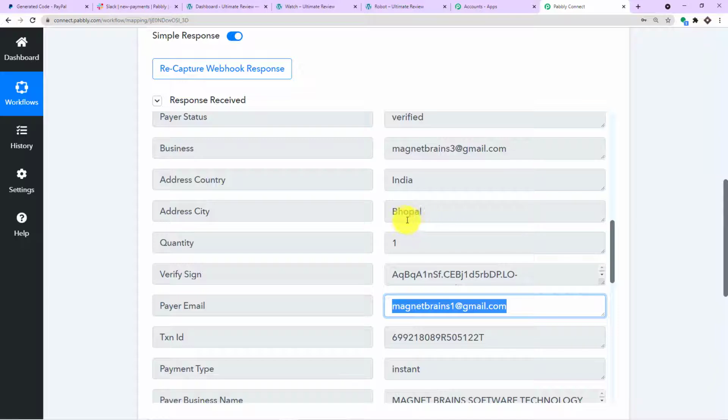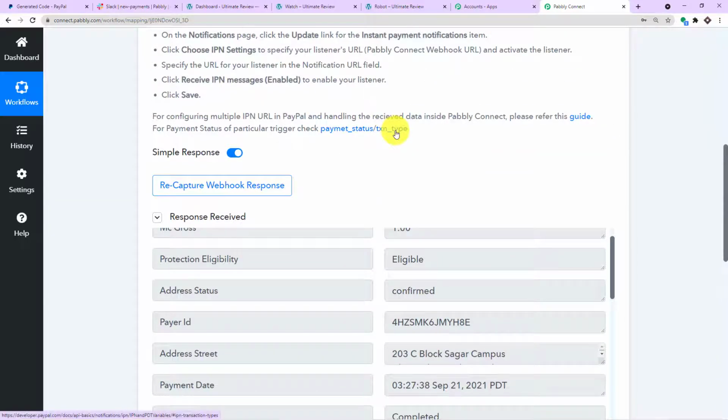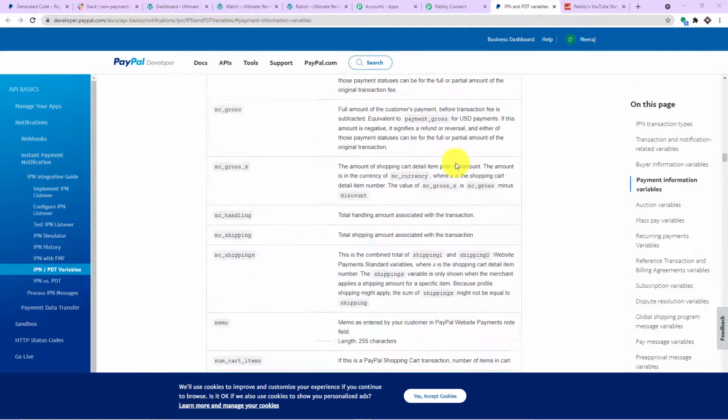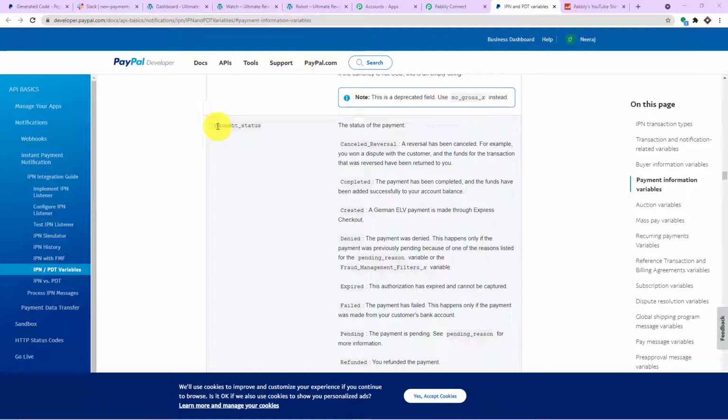What we are going to do here is send all this data to Slack. Now before we send this data to Slack, there is an important thing that I have to show you. Let me click on this link. The problem here is, let me give you a perspective in this particular window, the payment status. As you can see, there are many statuses.